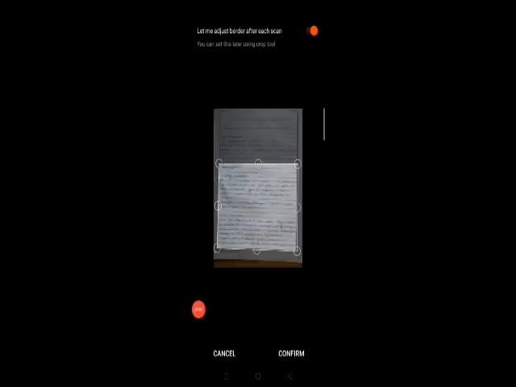Now we will see the second step. Once we press capture button, we are presented with our scanned document with adjust borders and 8 small circles. These circles we can drag to adjust the content that we want to keep in our final scanned document. You can adjust it the way you want, depending on how much content you want to keep in your final scanned page. Adjust this properly and then press confirm.